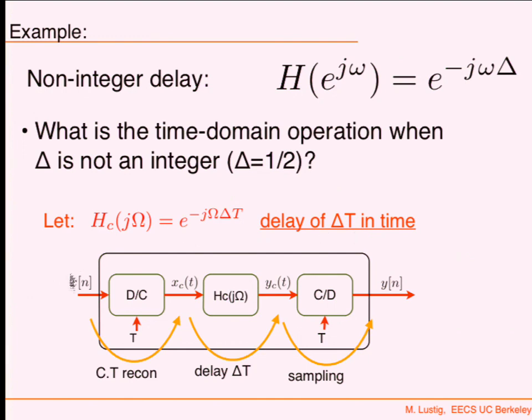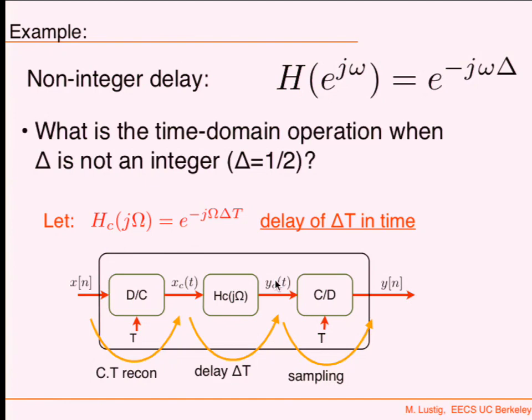If I do that, then I'm going to take x[n] and reconstruct it. Now it's continuous. Then I'm going to delay by time Δt, and that is continuous, so I don't care. You can delay whatever you want. You can delay by 10 minutes like Berkeley does. Now it's still continuous time, only delayed by continuous time. And then I'm going to sample it again. Now that makes sense, right? Does it make sense to you?